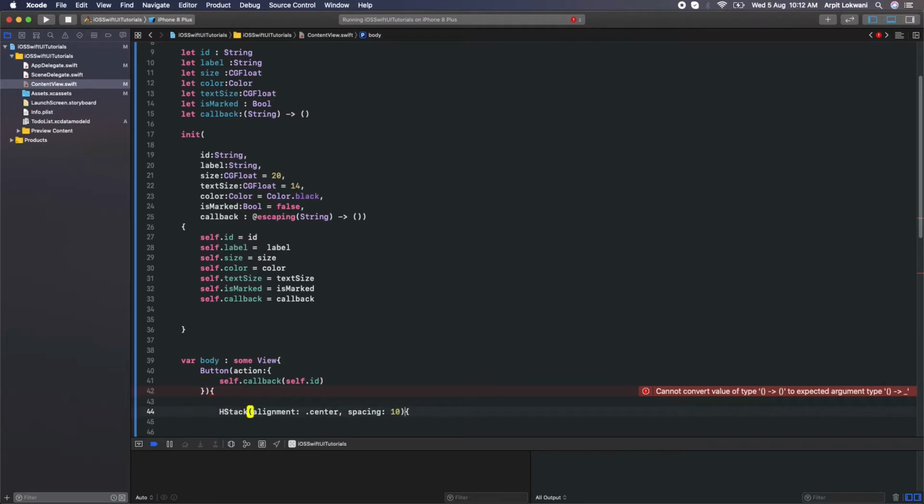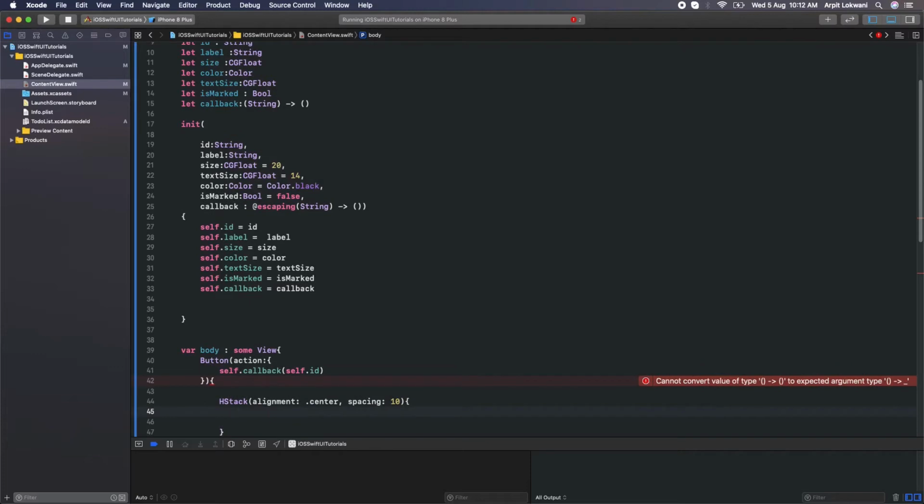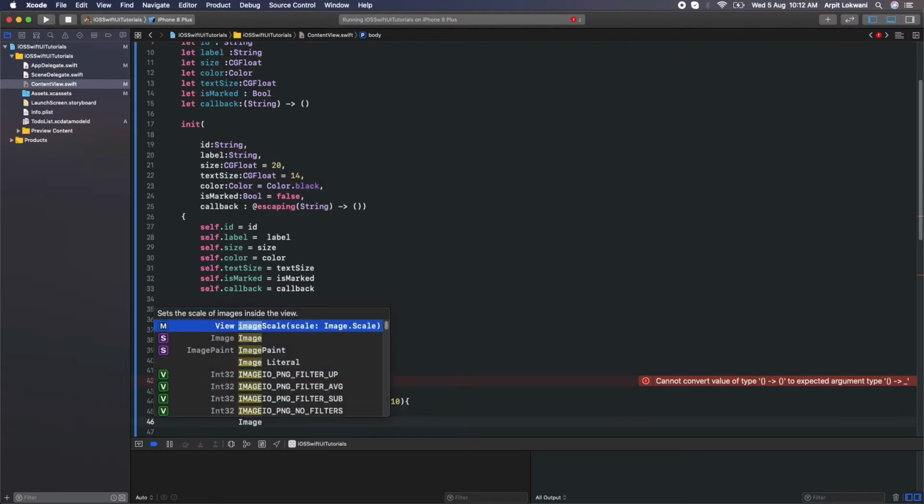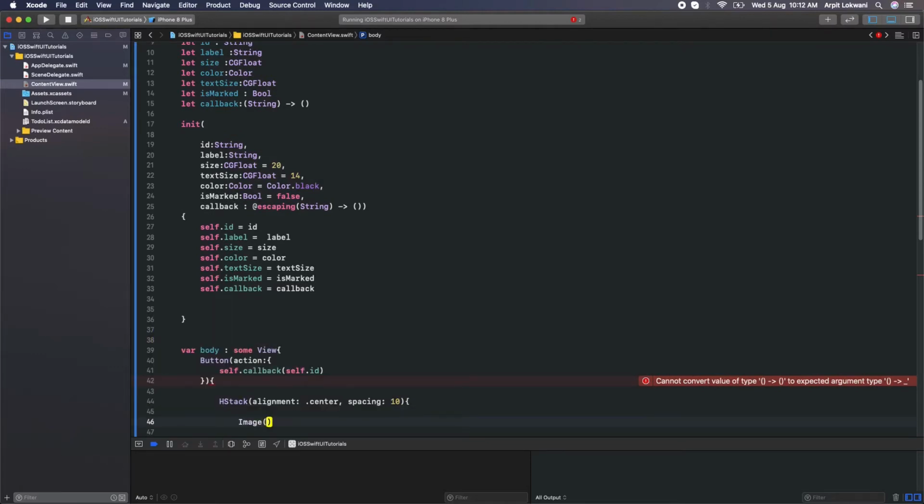Now we need to put one image, and we can make use of system name. If self.isMarked, then we need to put the name of the image, which is a large circle system name. You can use your custom images also, no matter, but I'm using system name images. Otherwise, a simple circle.